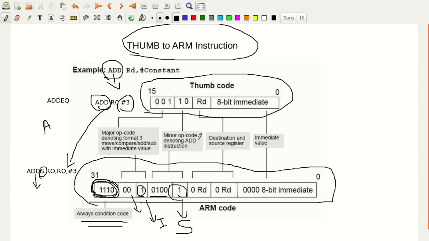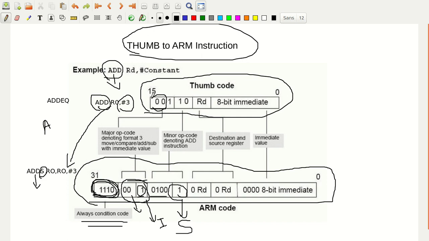You can observe the 001 that you have is the same as this one. Look at this: 001 here is the same as 001, which means it is just decompressed here. With the help of the decoder, this instruction is decoded by a decompressor inside the circuit, where the Thumb code is converted into ARM code. So here, this 00, what do we have?